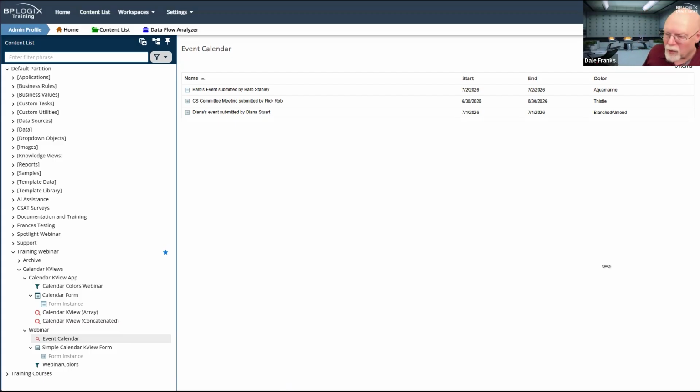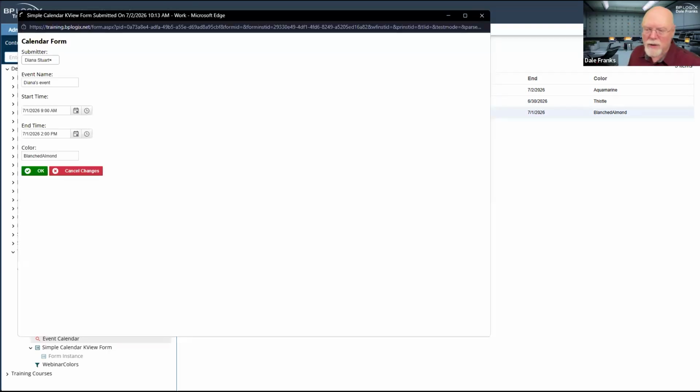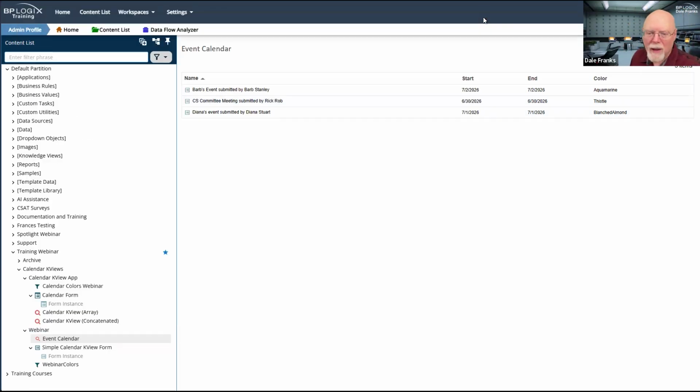Now, the drawback, of course, is you've chosen to display the knowledge view as a grid. So when people open up the knowledge view, even though it says event calendar, they're not seeing a calendar. They're seeing the actual event. And of course, it works just like any other knowledge view, but they're seeing the list of events.